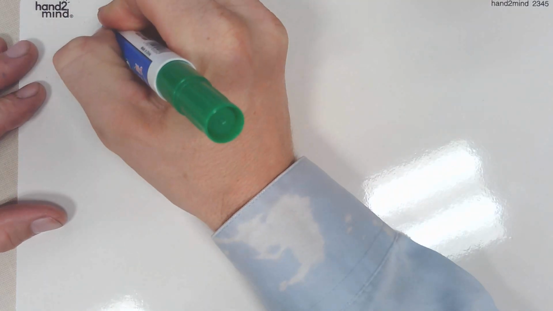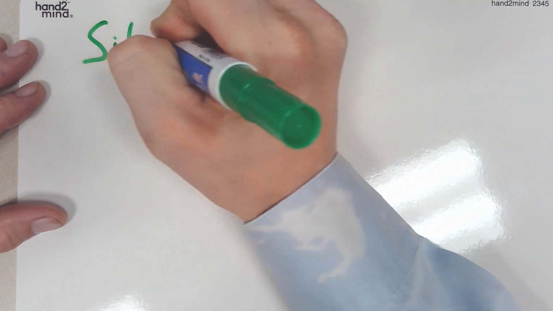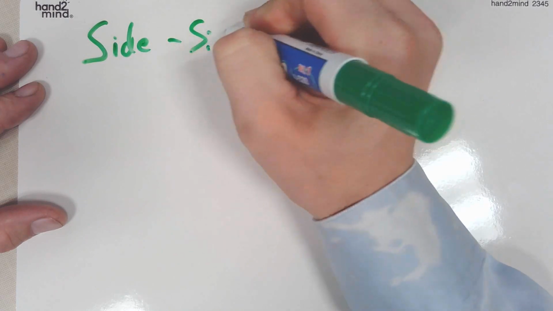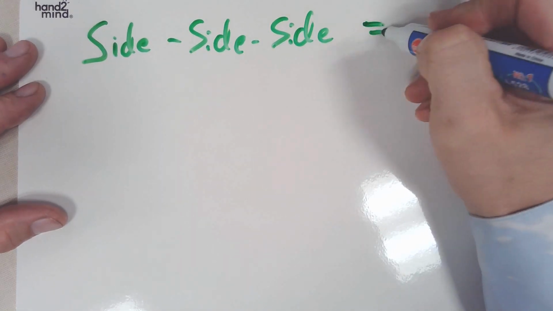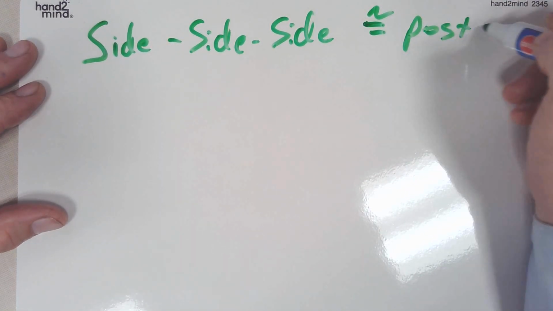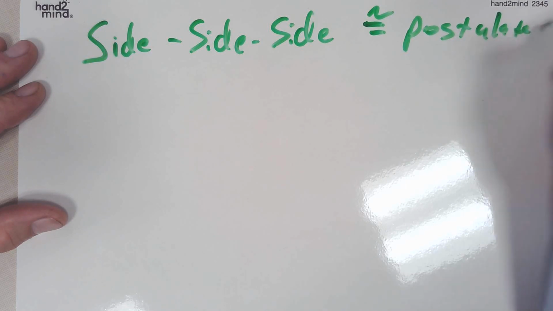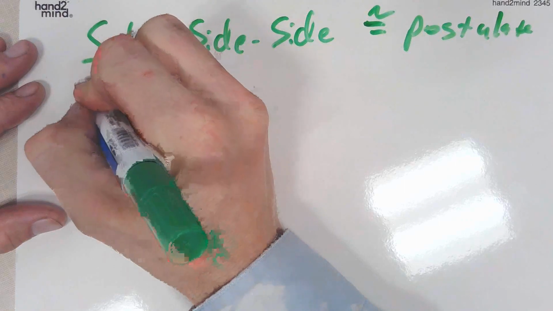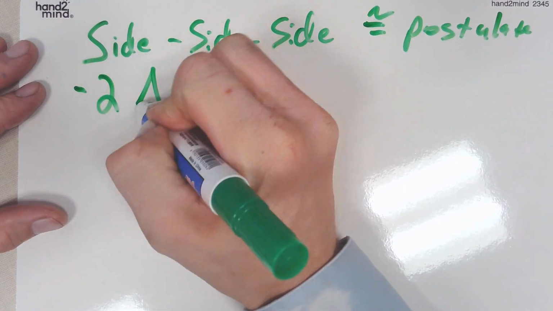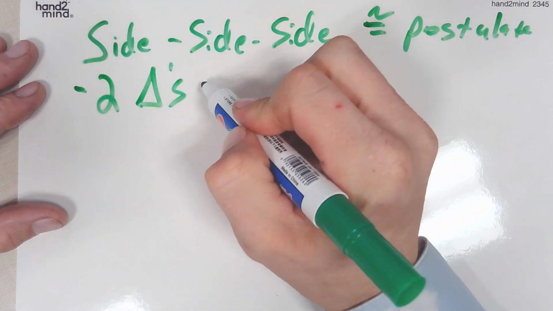So 5.1 is about the side-side-side congruence postulate, right? And what that says is that if I have two triangles, right? So if I have two triangles, two triangles are congruent